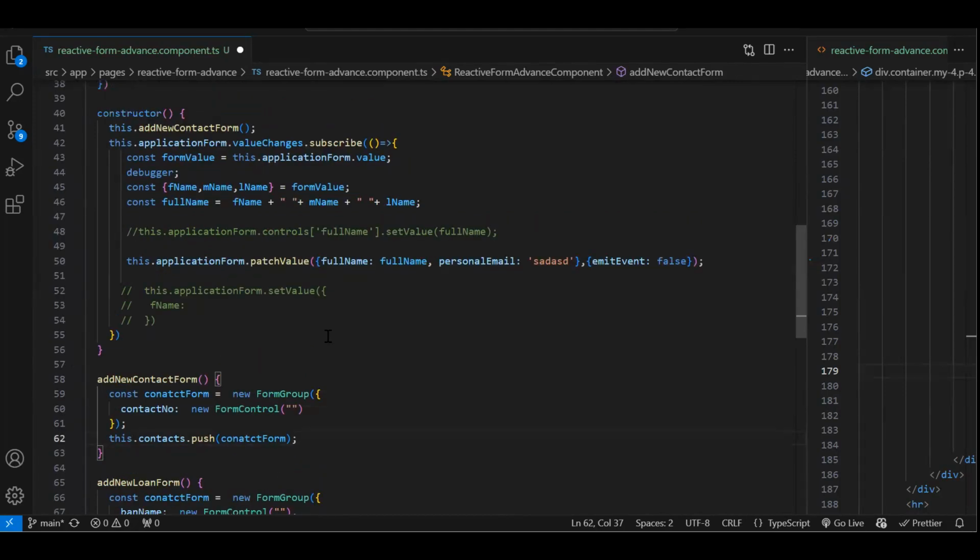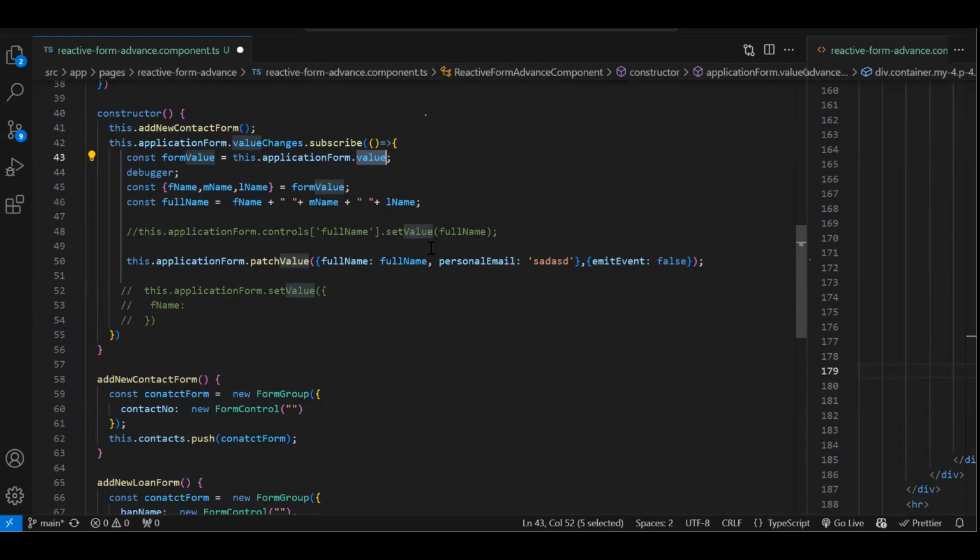Okay, thank you, sir. Sir, if the form that I described, and I have to give the data from here to the parent component using this value changes, won't we emit it? And then it will show you the form changes as well as what you are emitting. Is this a right choice to do this? No, see,